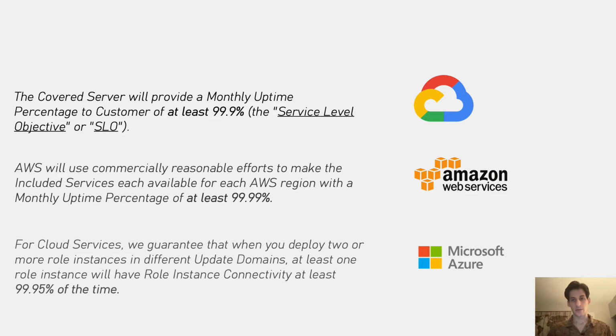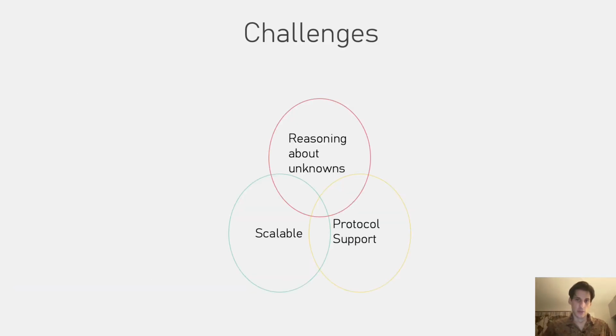In this paper, our goal is to bridge the gap between the probabilistic specifications that operators use in practice and the deterministic answers that most existing verifiers focus on. And there are multiple conflicting objectives to achieve that, and we need to carefully balance them. First of all, there is a scalability issue when analyzing large networks. Usually, the techniques which are fast either cannot reason about unknowns in the network, such as combinations of failures, or they only support a very limited subset of routing protocols, making them less useful in practice. Similarly, approaches which are more general, supporting multiple protocols, and also exhaustive reasoning about unknowns, do not scale well.